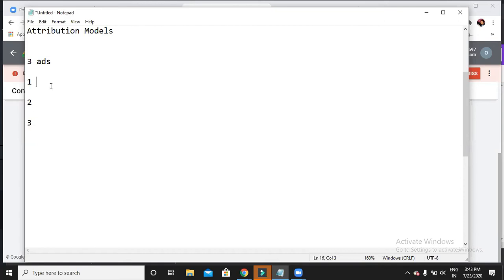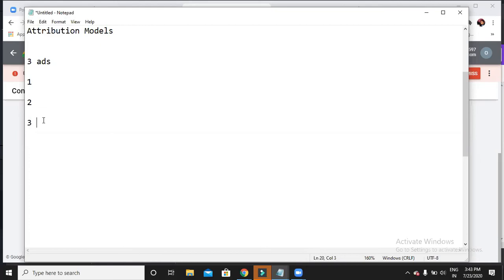First time he can see this ad, second time he was searching he can see this ad, and the third time. So what was my last click now? Last click was on the third ad, right? Rafi clicked my ad, and the last time he clicked was the third ad.